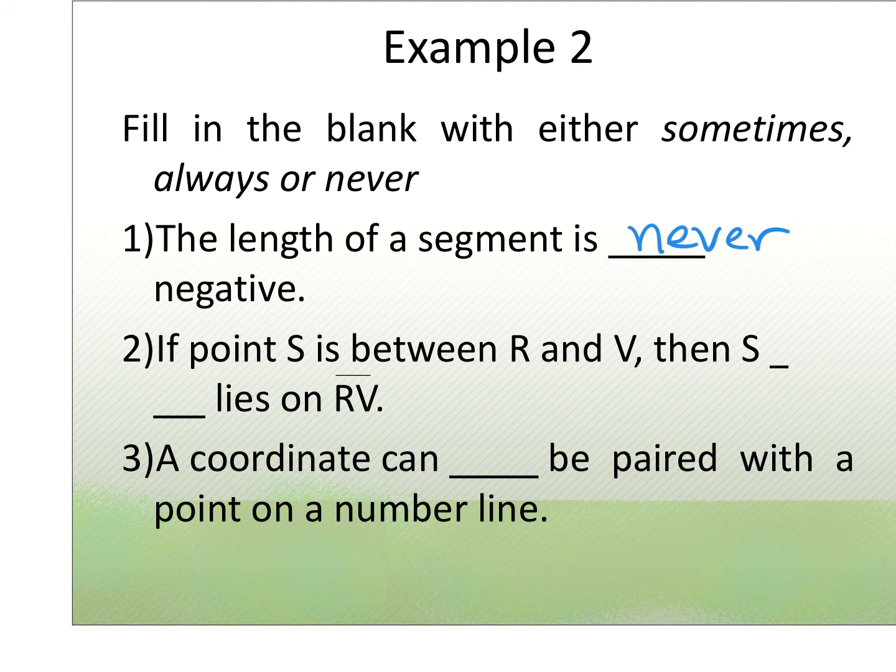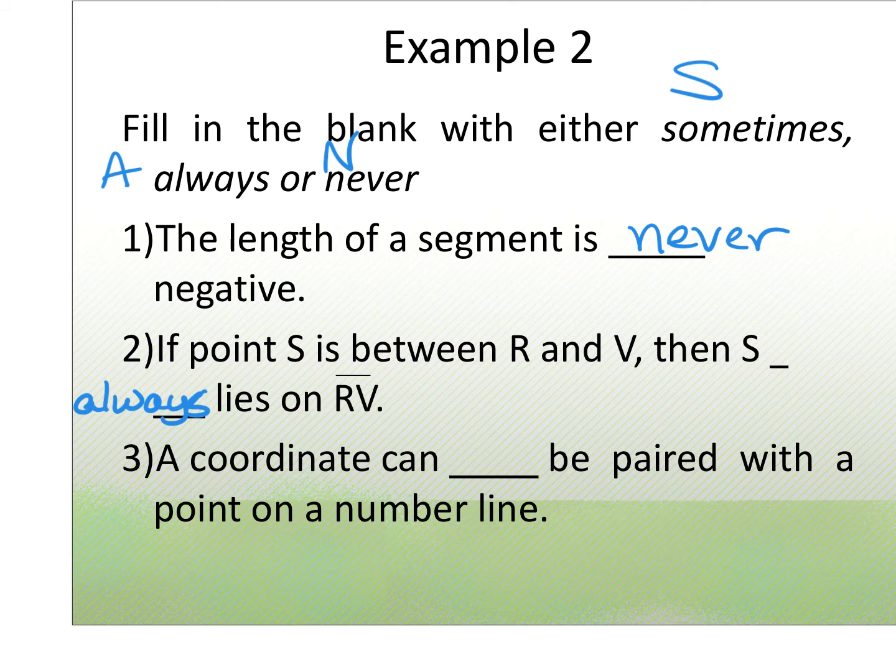It's always positive. Number 2, if point S is between R and V, then S sometimes, good, always lies on RV. Perfect. And if you don't want to write in the word, you could put a capital S for sometimes, capital A for always, and capital N for never,